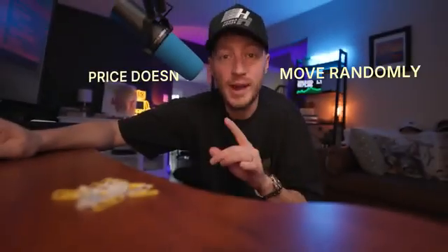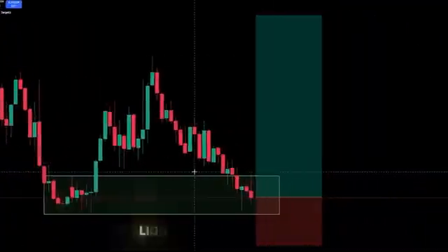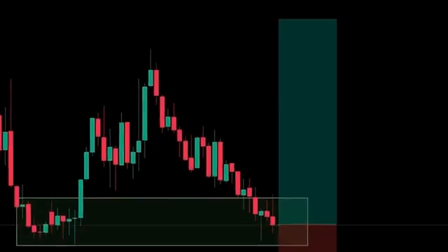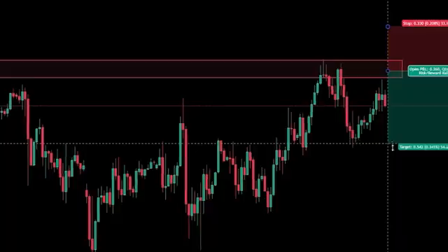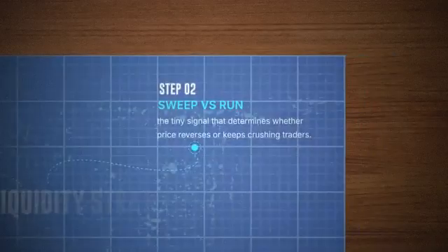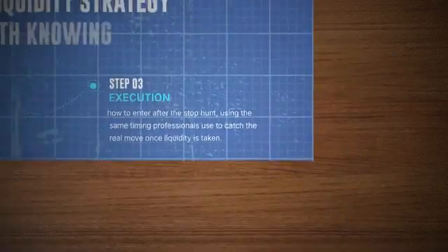Price doesn't move randomly, it gets pulled towards liquidity. And once I understood where that liquidity is, I became a lot more profitable. But most traders still struggle with liquidity because the way it's taught is just way too complicated. So today, I'm breaking down the only liquidity trading strategy worth learning, 3 simple steps, and we'll go through live